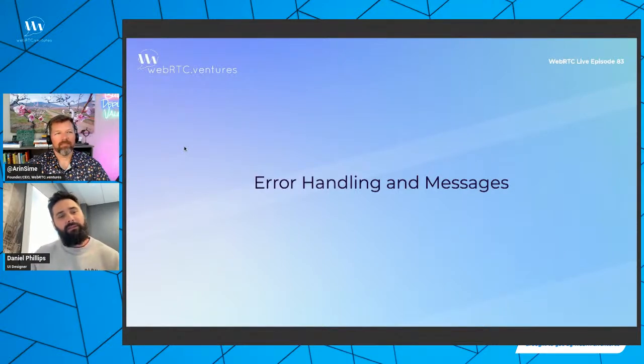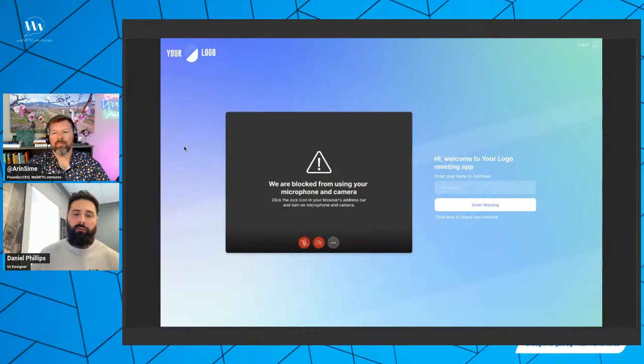Error handling and messages. It's also something that sometimes gets pushed to the end of the development cycle, and it's definitely something that is super important for users. And so we have some use cases here that I want to talk about. So the first one in the pre-call, you talked a little bit about this, is when somebody doesn't have their browser permissions for video and audio, we need to let them know what's happening, and we need to guide them to fixing this issue. Browsers have changed the way they do this, and